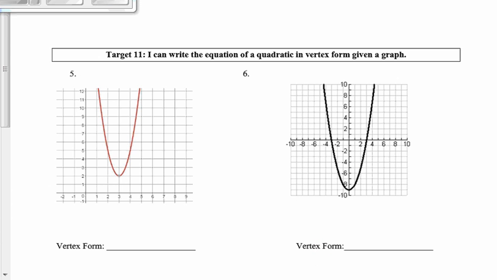Flipping it over to the back of your homework, writing the equation. So we always go back to that general form, y equals m times x minus h squared plus v. When we look at a graph, h and v are pretty easy to spot. Just find your vertex. So that vertex is at 3, 2. M is a little bit more difficult to find. So to find m, we're going to actually plug in the 3 and the 2 to that general formula